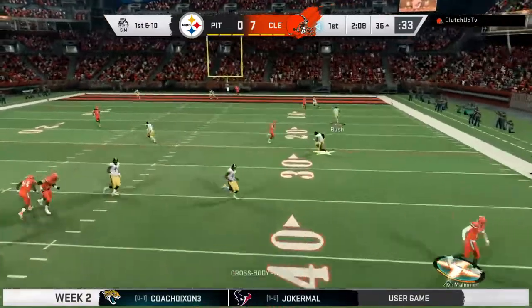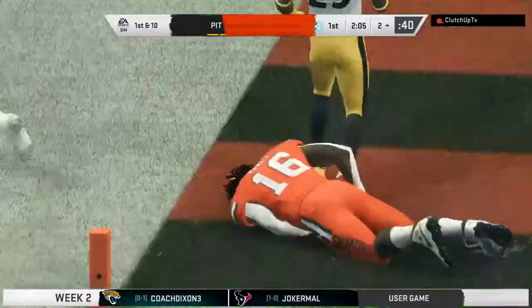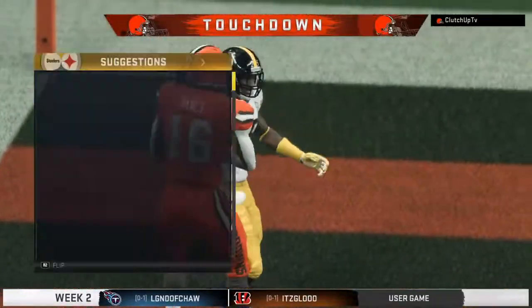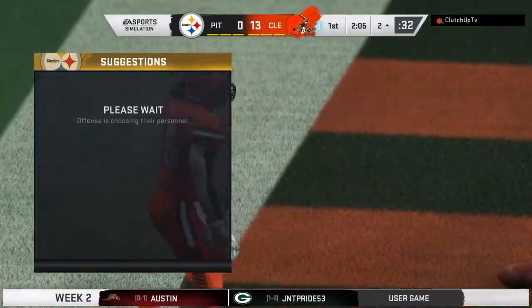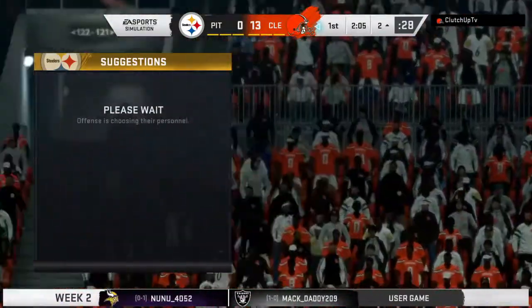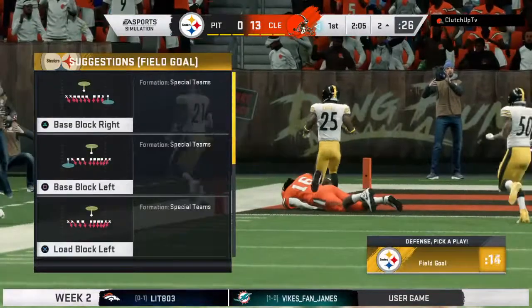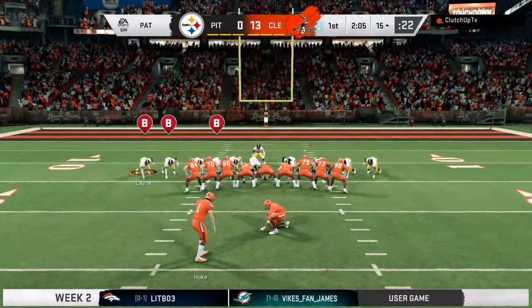Eluding the pressure right. And this is caught inside the 5. And he'll take it into the end zone for a Browns touchdown. As his guys are in for 6. And the Browns are going to tack on to their advantage. They scored the most points of anyone on opening weekend, and now first quarter touchdown here. And while there's no guarantee that all the points they scored in opening weekend are going to...